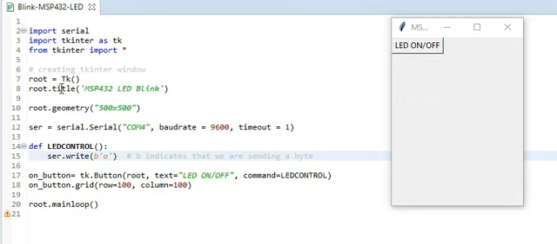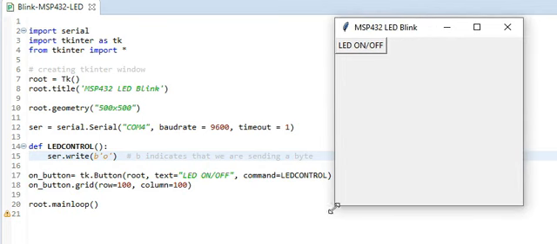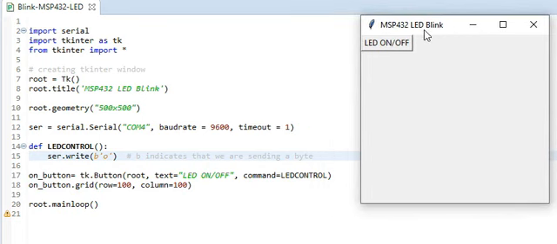creating a root window, as we explained in the previous tutorial on tkinter. The first thing that starts is the root window, and then we have given a title, MSP432 LED blink. You can see here, this is the title MSP432 LED blink, and then the geometry is set to 500 cross